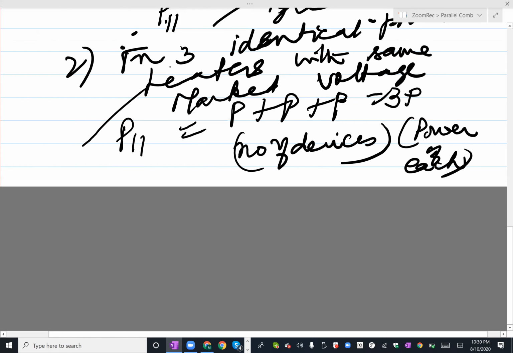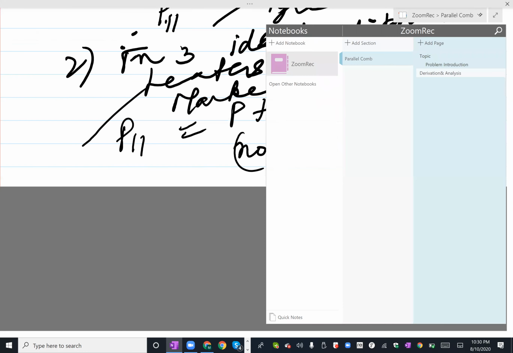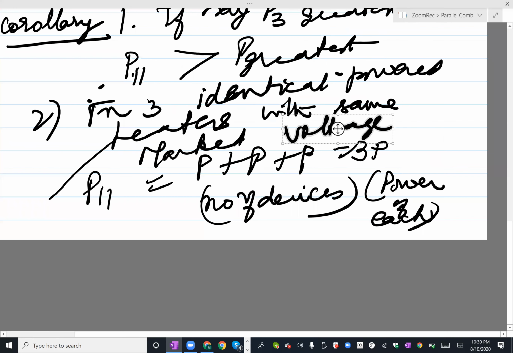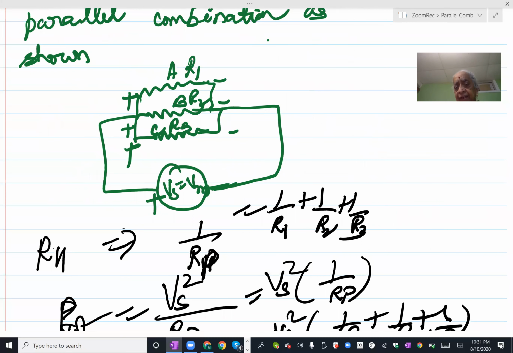So I will sum up the two sessions here. You revise all this in terms of the series and parallel. Series we have already done, and this is for parallel. So you have to read this properly, and then you will get the next session with problems for the series combination as well as for the parallel combination. So summing up, we get the three connected in parallel like this.